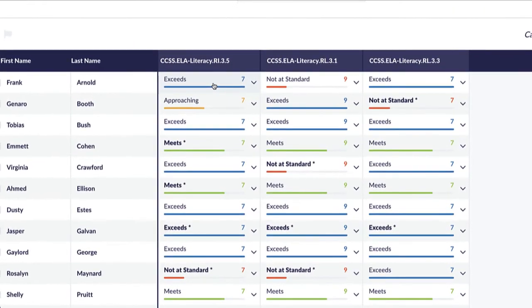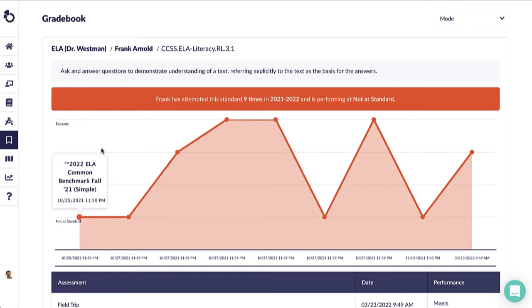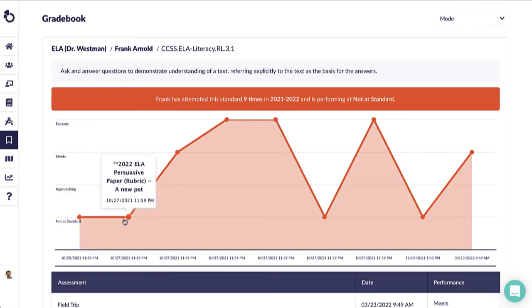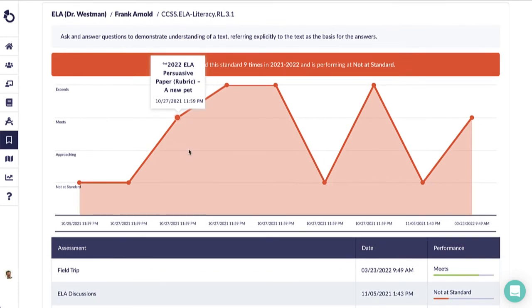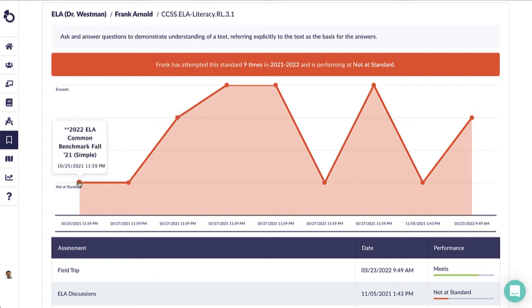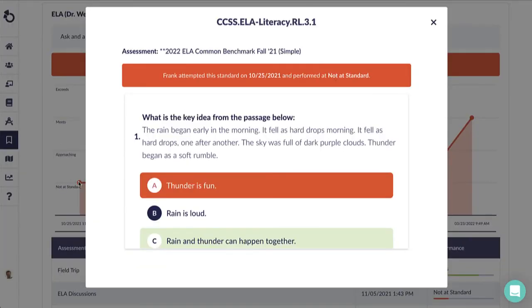When I look at the cell and I see this number 7 or this number 9, that's telling me that this student has attempted this standard 9 different times. And if I click on that standard, I'm going to see the student growth journey on this learning standard, including all of the attempts that this student has made in trying to master the standard. And if an assessment is given in Otus, I could even see the question and the way the student responded